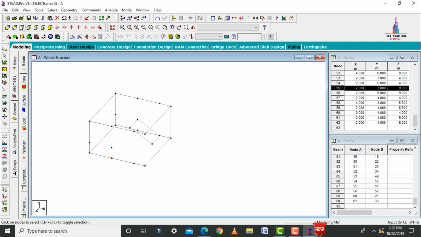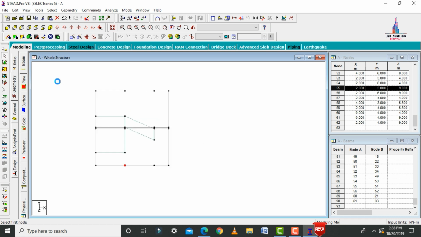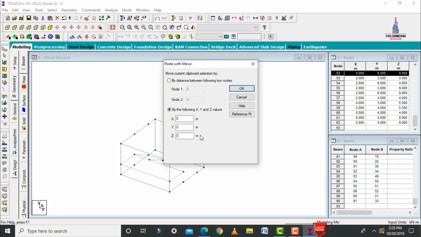After that, we have to connect this respective portion with the help of a slab section here. Initially I am selecting add 4 node plate, select the first node point, second node point, again select the third node point, and again come to the first node point, as per the plan. After that, we have to rotate the model here. In the same way we have to connect this respective node point: select this node point, click on copy, click on paste nodes at a distance of -1.5 in the z direction here, click on OK.